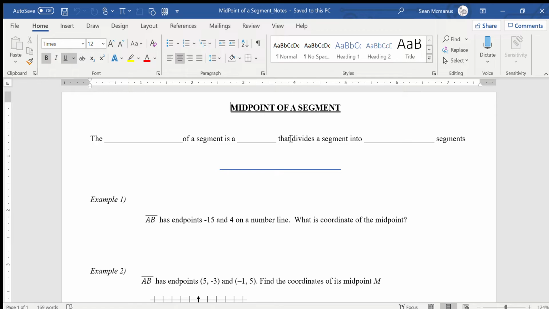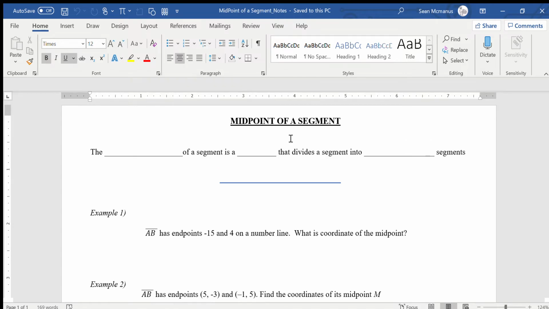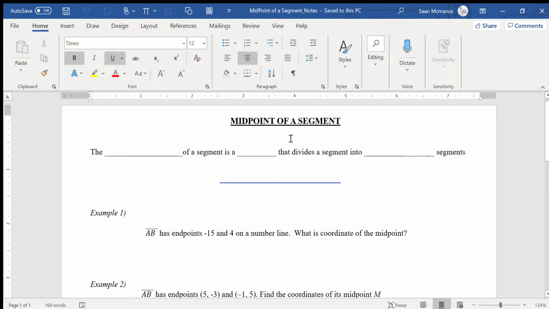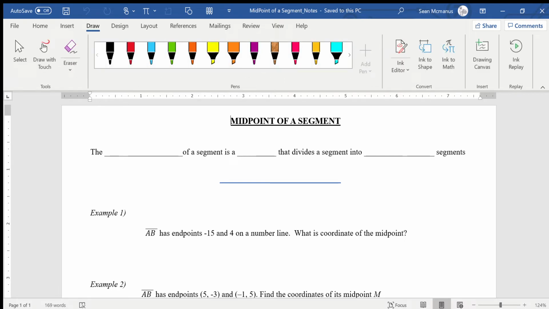Hey guys, we're going to hit some notes here on midpoints of a segment. Just give a little background here on what midpoint actually means. So when we go through these problems and it discusses the midpoint of a segment, that's just going to be a point that divides our segment into two